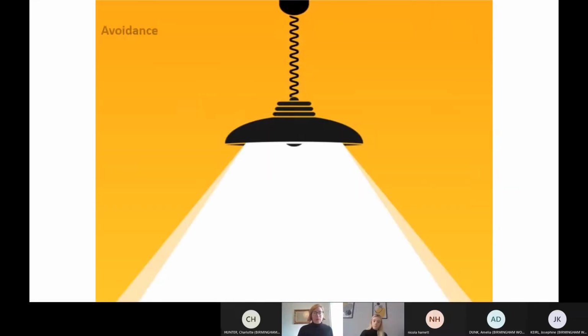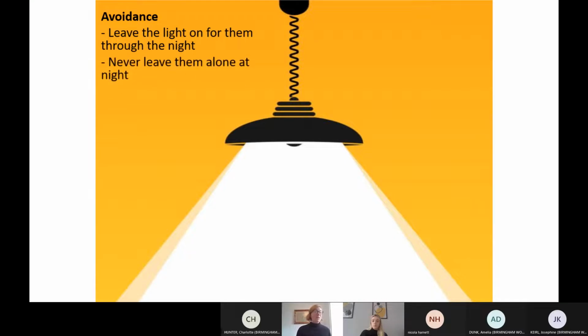Okay, so then if we think about a scenario of a child being afraid of the dark and how that avoidance and pressure and finding that midpoint of how you can help that child to work through their fears and anxiety. So with a child who's scared of the dark, we can either avoid the issue, so we could just leave the light on for them all through the night. We could never leave them alone at night, or they could sleep in their parents' bed forever. So you never address the issue, you never put any kind of pressure on the child,